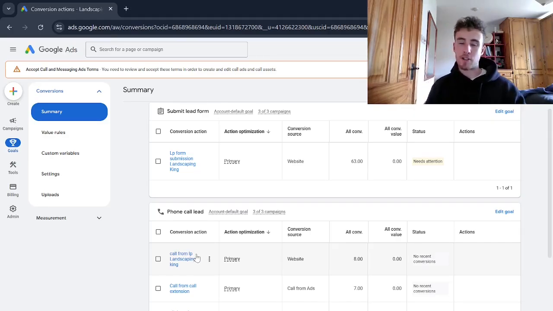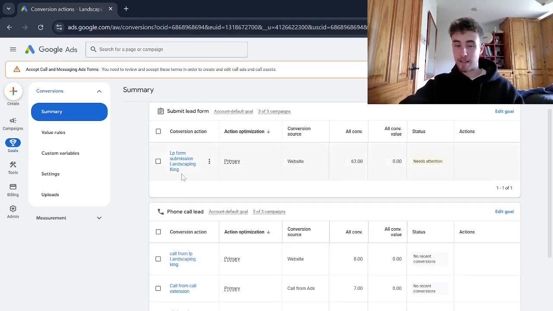Now, what we are getting into the process of doing with some of the clients we're working with is those that actually have a CRM and want to track the sales data, which I highly recommend doing if you can, because you really want to get to a point where you're optimizing for sales and ROI, where you're able to see inside Google Ads an exact dollar amount for what you're getting out for what you're putting in. If you're able to optimize for sales and even have just qualified leads being tracked as conversions,